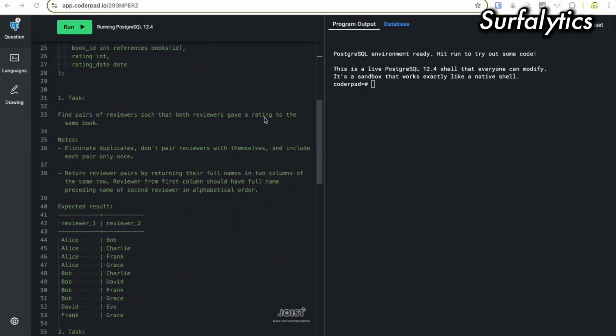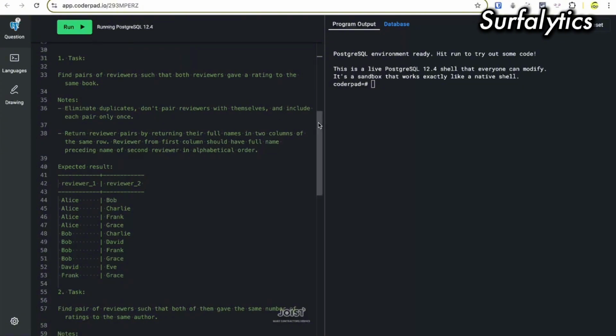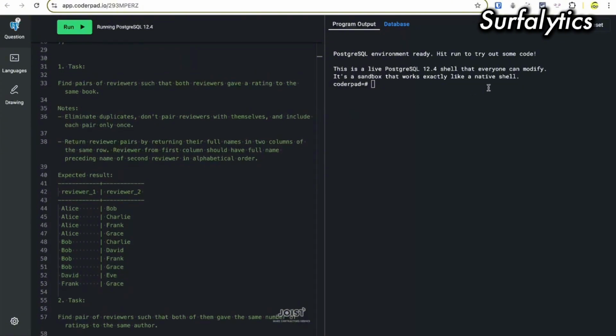Okay. First task. Find pairs of reviewers such that both reviewers gave a rating to the same book. Eliminate duplicates, don't pair reviewers with themselves, and include each pair only once. Return the reviewers' full names in 2 columns of the same row.